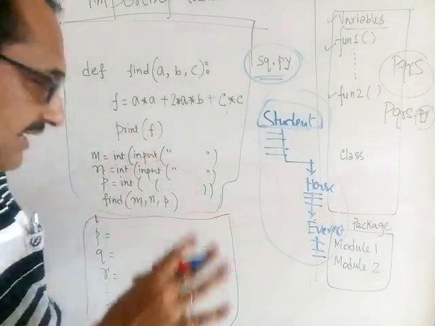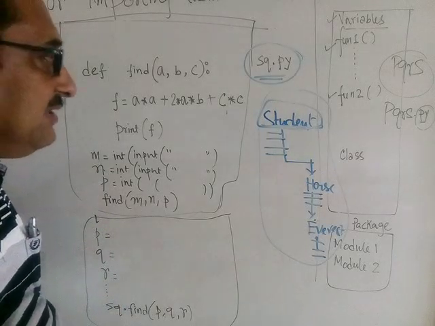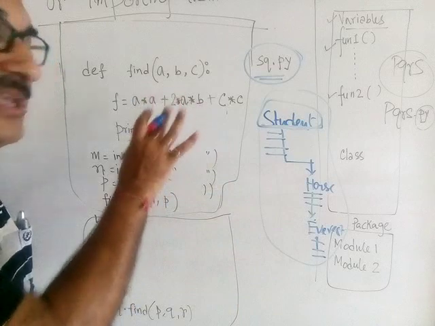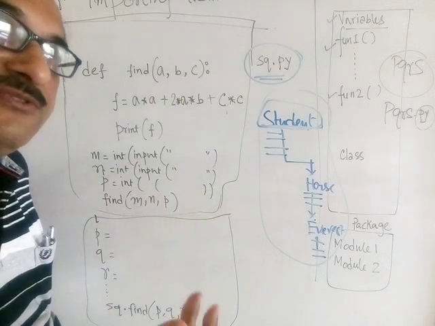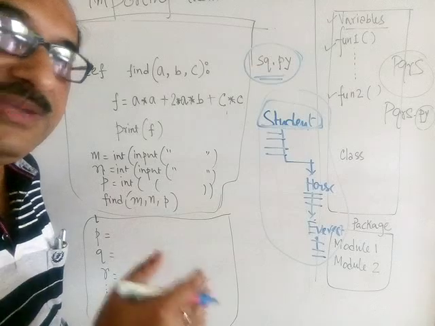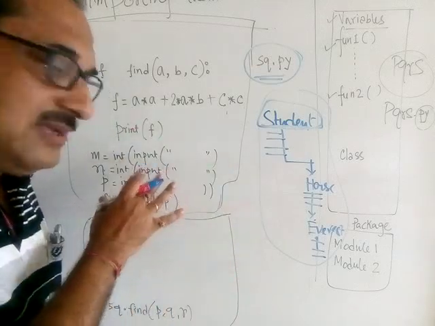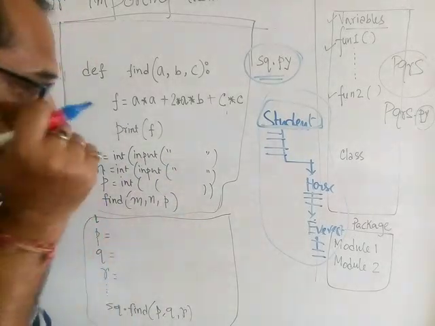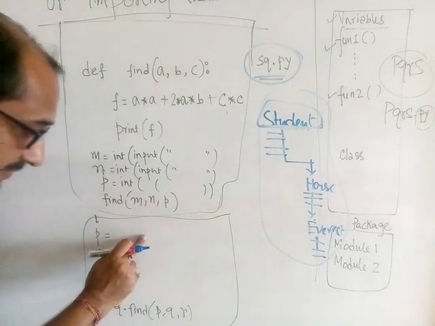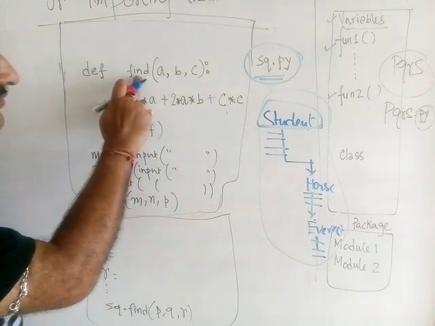Now at some later date, I was writing a different program and suddenly I felt that I need to do the same computation. So my point is, why shall I write the same code again? If there is the facility of reusing in object-oriented programming, then I should be able to reuse the code which I wrote at some previous date. So that is what we are trying to do. I am writing a program at some later date, and I thought I will make use of this function.